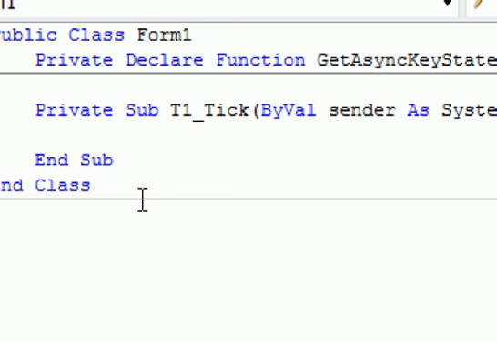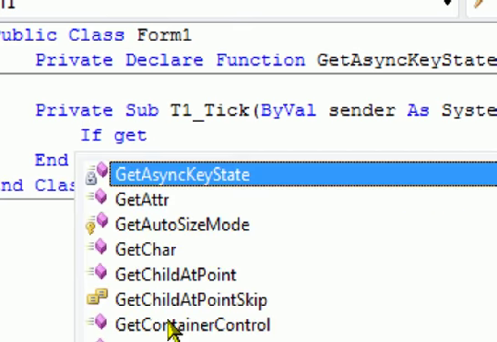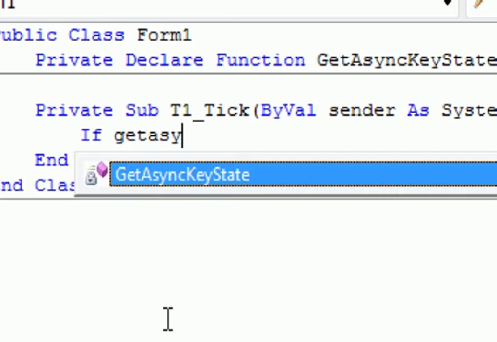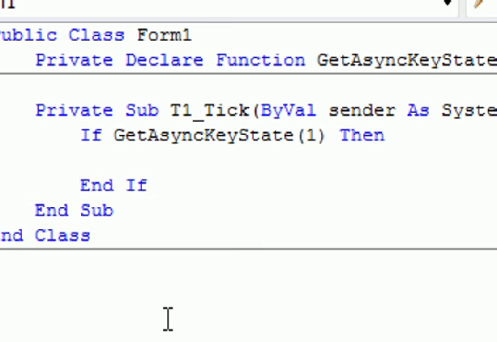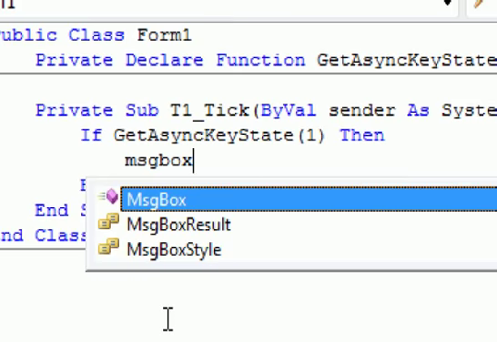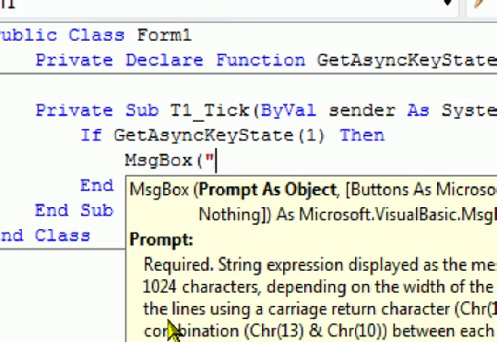And now we're going to write the code for detecting the mouse click. So it's: If GetAsyncKeyState(1), then, this is for detecting the left mouse button, then MsgBox, for message box, "You clicked the left mouse button."